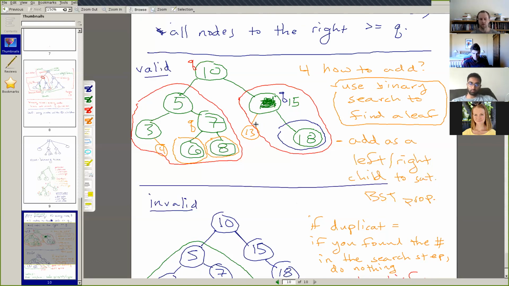And so if we were to say reinsert the number 13, we would start at 10. 13 is greater than 10, so we go right. Find 15, 13 is less than 15, go left. We found 13, so then we can do nothing. Great question so far. Any other questions?